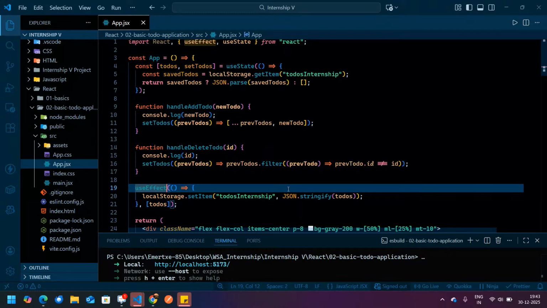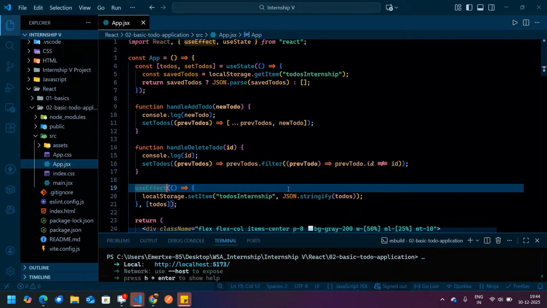You have to call the data inside your use state or the state you are updating. Then you have to set the data inside your local storage. Now remember, you have to update the data as JSON format data, and you have to get the data as an object format data.